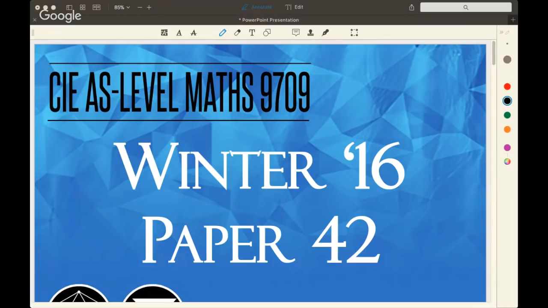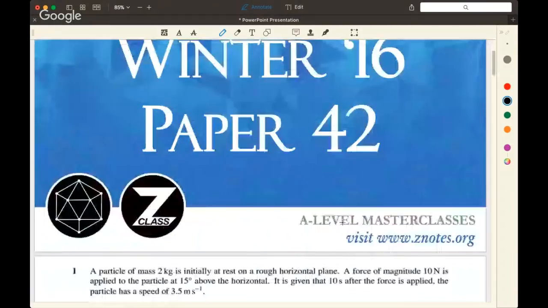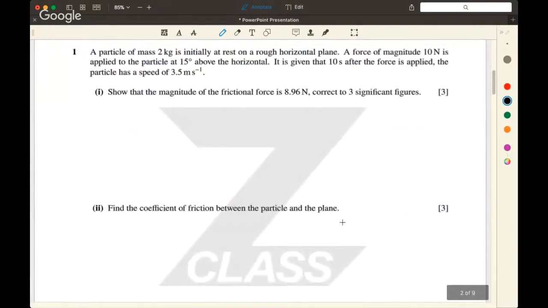Hey guys, so today we're doing an AS mechanics paper, Mechanics 2. And the first question is one of our classic horizontal plane questions. It's not too hard. So what we have is a flat, horizontal plane, with some particle, which I'm going to